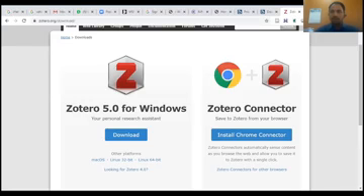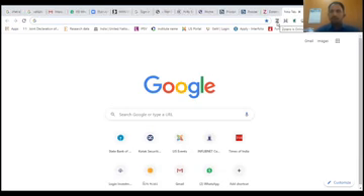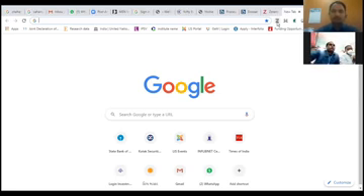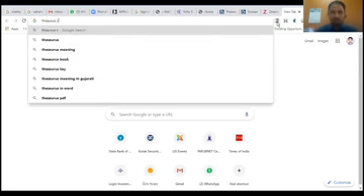So if you look at the article, you can see the Z icon is coming. That means it is successfully configured. Now assume that you are going to some online database. Let us take, for example, you are going to get the information of a thesis. And the information is, I will take my example.